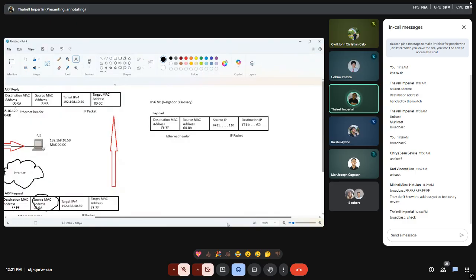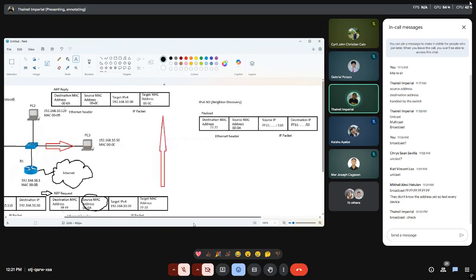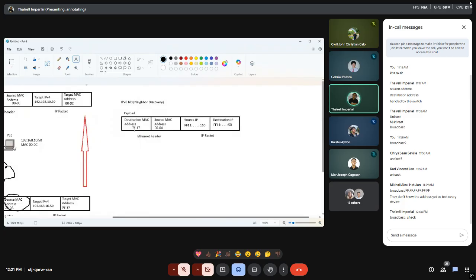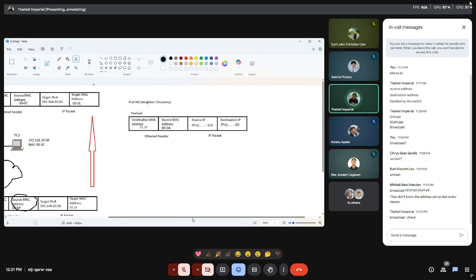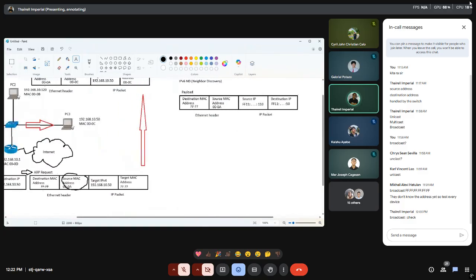The format of your payload is basically a data packet that you want to send towards the intended destination device, but again, the destination MAC address of that device is not yet known, but we are aware of the destination IP address. So what will happen is that it will still perform the same operation where it will conduct a request,